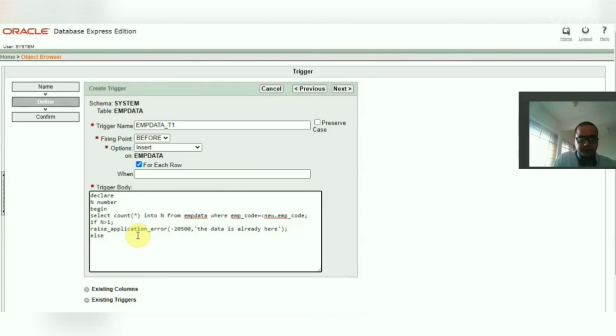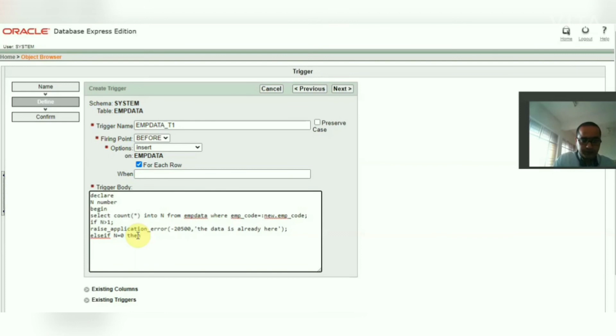Then else if n equals 0, in that case only the data will be inserted.